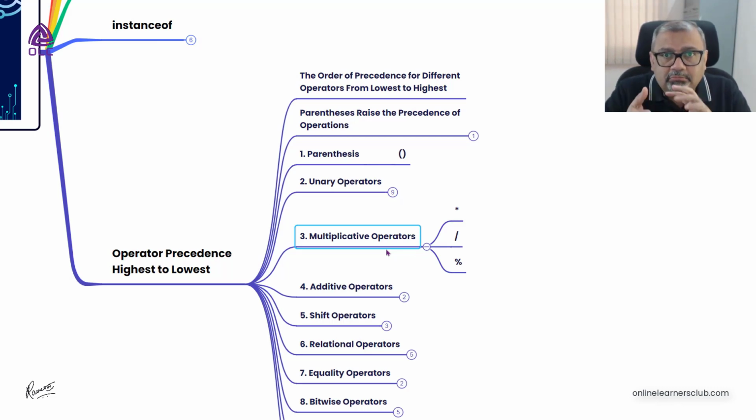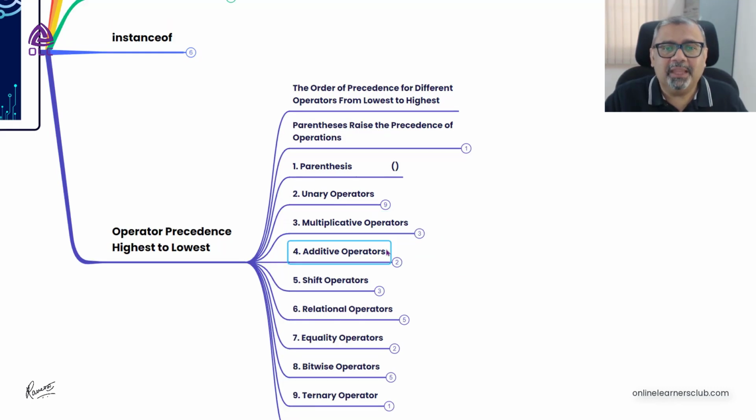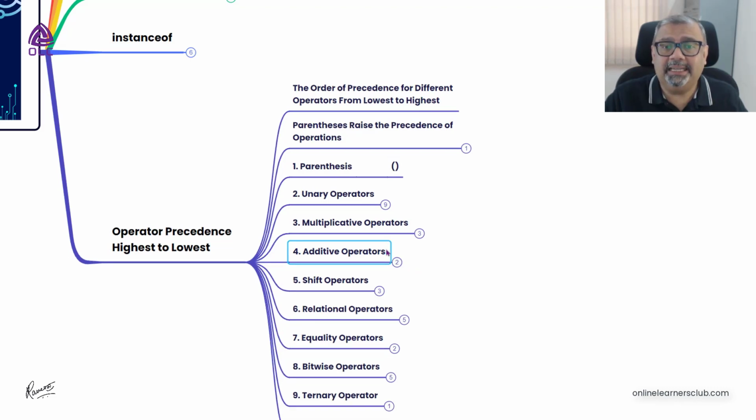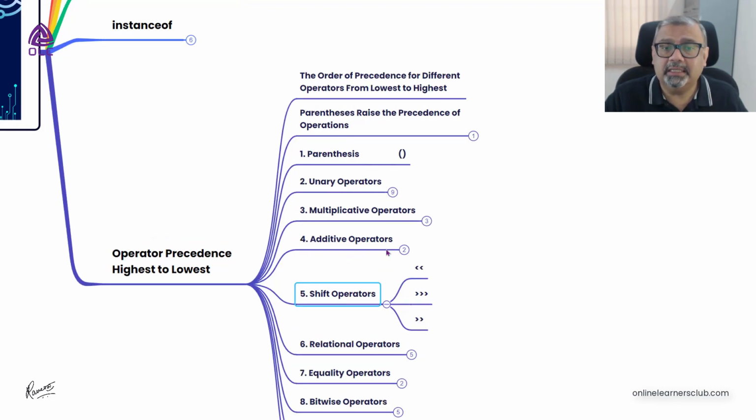In case you want to change the order of operation, you have to include them inside parentheses. This is a very simple example. In the hands-on exercises, we will talk about using these concepts more effectively, where it will be easier to understand. Then we have additive operators, a + b and so on, then shift operators,